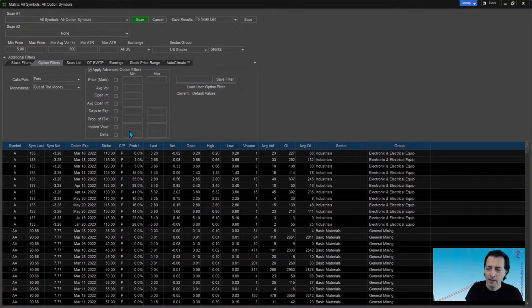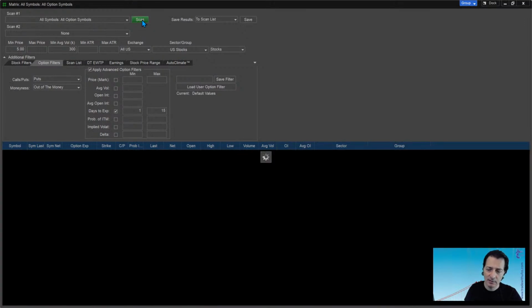Okay, so first of all, let's say you want to do bull put spreads, but you don't want those bull put spreads to expire like 3 months from now. You want it to be kind of like short term. So maybe I'm going to use expiration dates anywhere between 1 day to 15 days to expiration, 1 to 2 weeks. Okay, notice that here we can see the stock A, right? And we got March 18, April 14, blah blah blah. So if I add this filter and I click scan,